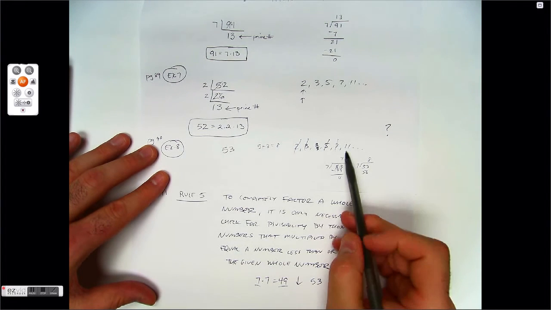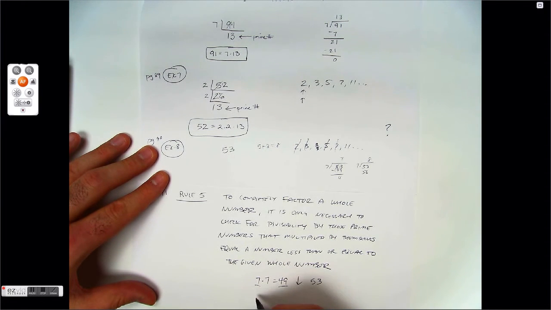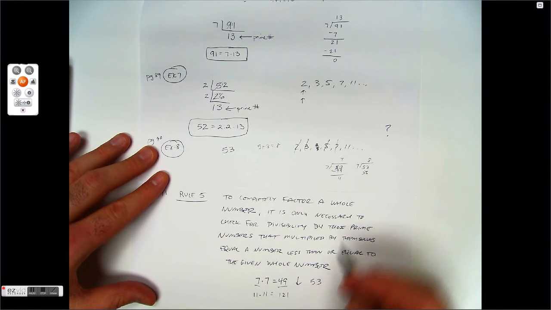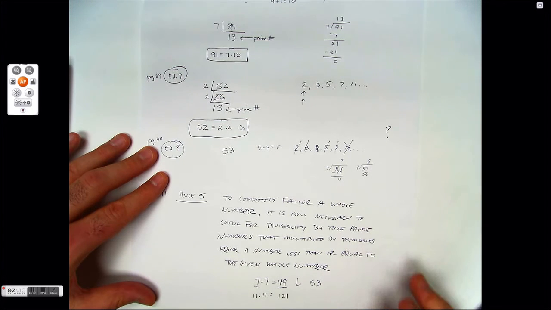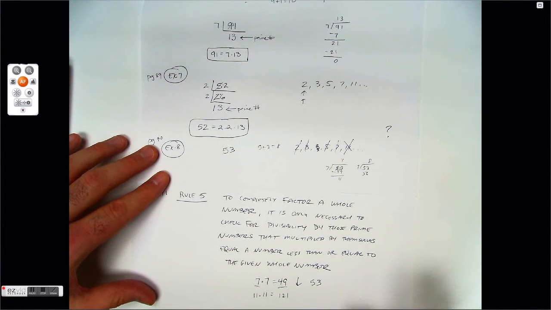Well, look, do we have to try 11? Let's apply Rule 5. 11 times 11 is 121. That number is not less than 53 or equal to 53. So what that tells me is I don't even have to try 11. I don't have to go any farther. I am completely done. So when you get to this point and you don't have to try the next prime